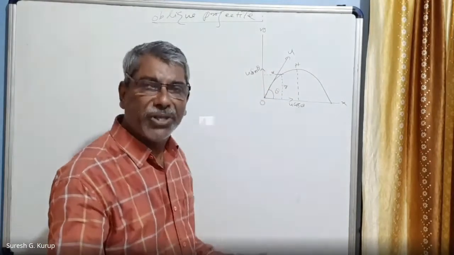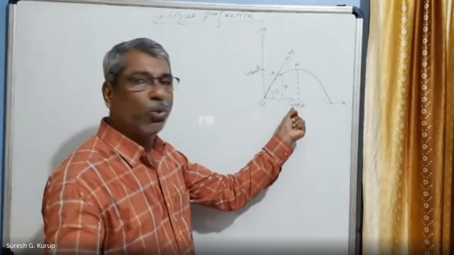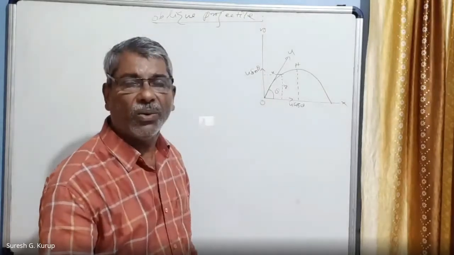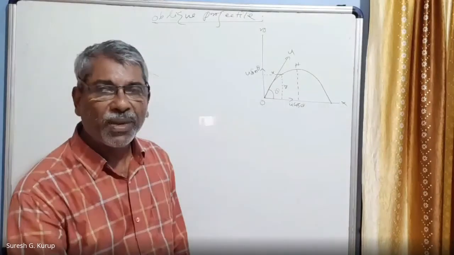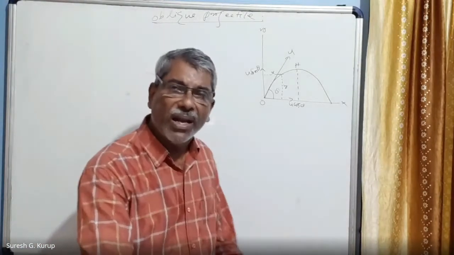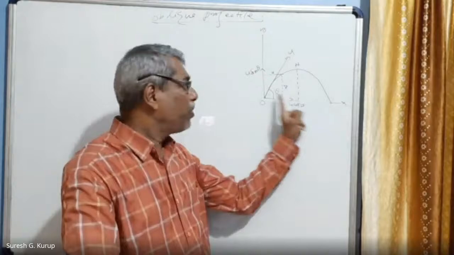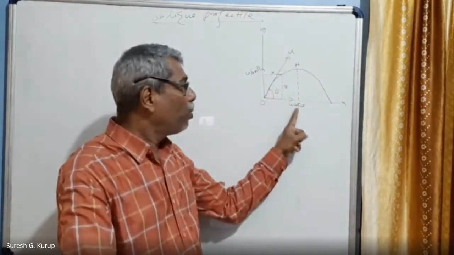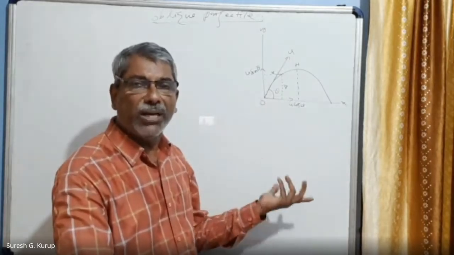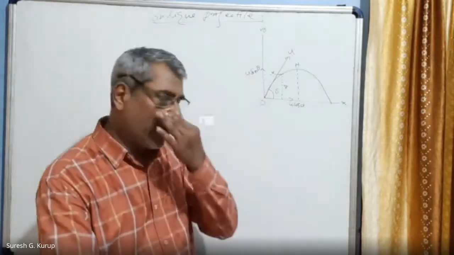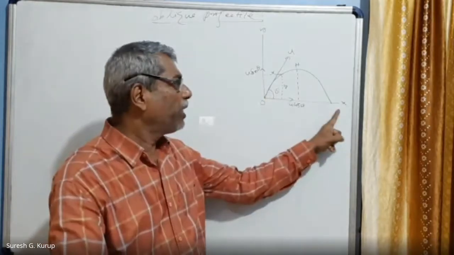In two dimensions, it has two components. One is the x component, called ux, which is equal to u cos theta, and the other is uy, which is equal to u sin theta, because you have already studied vectors. That is why I systematically taught you what vectors are and what resolution of vectors is. Any vector in two dimensions can be resolved into two components. The component along the line which makes an angle theta with the original velocity will be u cos theta. The other will be u cos (90 minus theta), which is equal to u sin theta. So initially the body has two velocities, one along the x-axis, the other along the y-axis.